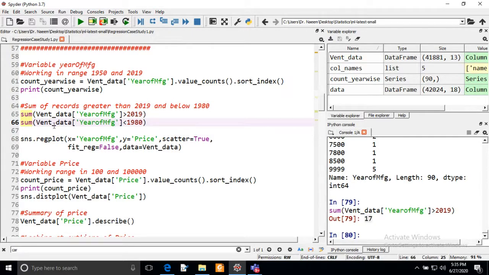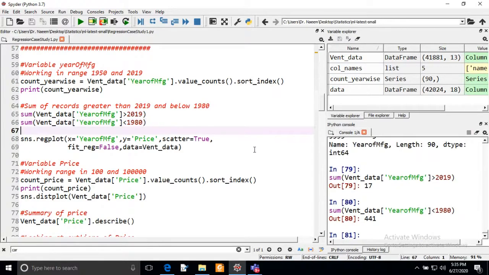Now I am taking entries below 1980, and if you look here, we have 441 entries. We can remove these entries also. But if you look here, below 1950 we have only 33.